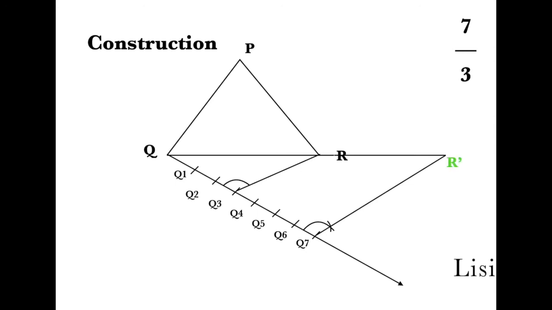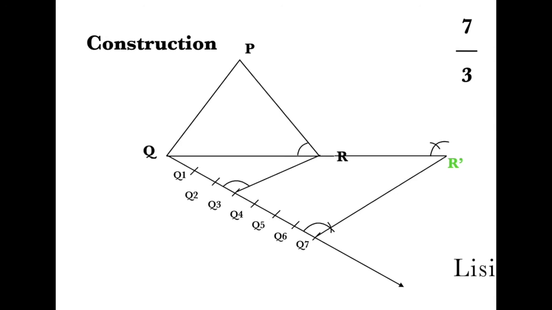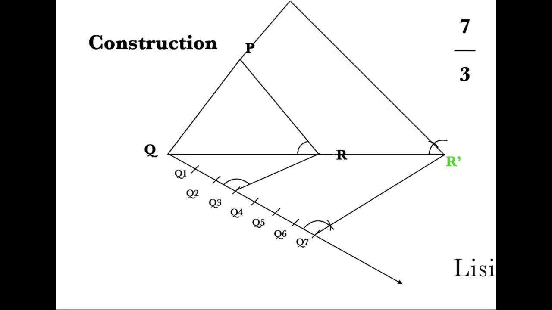And now place your compass at R with random measurement. Cut an arc. Don't change the measurement, place it at R dash, cut an arc. Now measure this angle R using your compass and place your compass here, cut an arc with the previous arc. Now join this R dash and this point and extend it. Extend this line PQ. Okay. Now here it meets at P dash. And here your P dash Q R dash is the similar triangle of PQR. Right? Thank you.